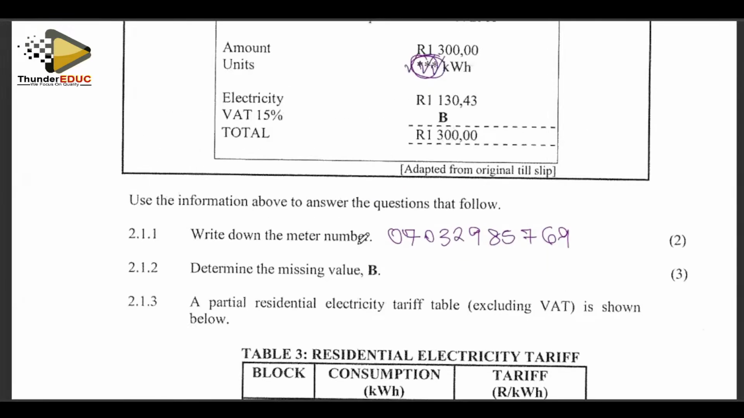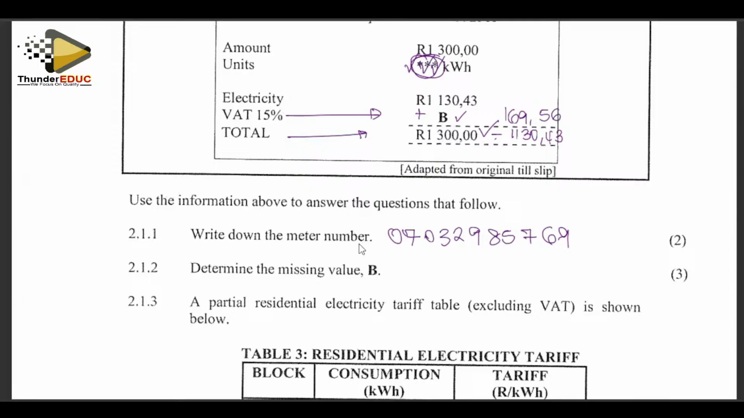When you look at the missing value of B, it corresponds with the VAT. There are two ways of doing this. You cannot have a total without VAT, so this total already has VAT. Meaning they added these two. So if you're looking for the value of B, you subtract that value there, and you get the value of B. The value of B was supposed to be 169,